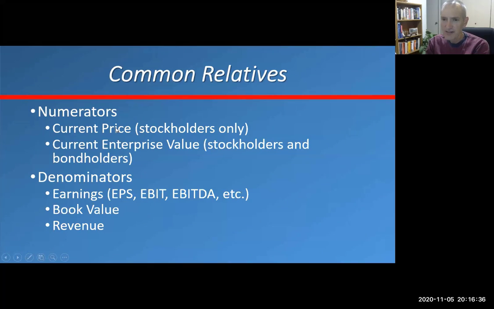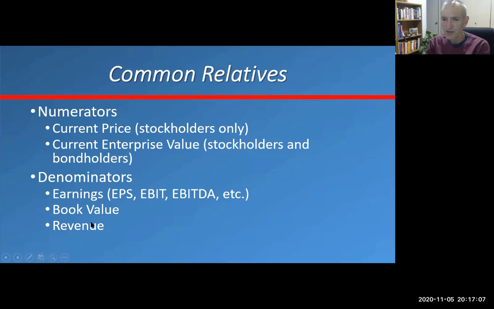Now, if you go to Yahoo Finance, they have price to earnings, they have EV to EBIT, they have EV to EBITDA, they have price to book. All of those are correct. And they have EV to revenue. All of those are correct. Unfortunately, Yahoo Finance also has price to revenue. That's the one place where they have a mistake. It may not be as serious a mistake because revenue is usually a massive number, and adding back interest doesn't always have that big of an impact. But you should not use price to revenue. You should use